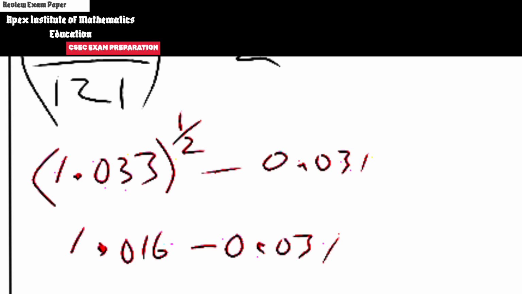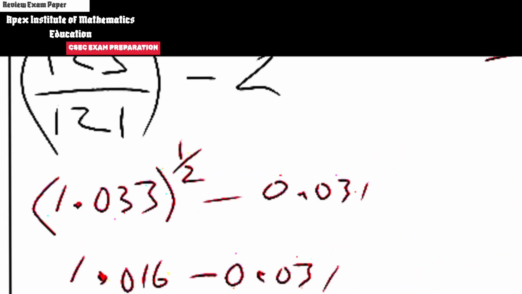Now if I go ahead and I subtract 0.031, I will end up with, oops, I think I made an error here, guys. 1.016 subtract 0.031, I get, and that's equal to 0.985. All right, that is the calculator approach, and this is the approach that I want to take because following up the question,